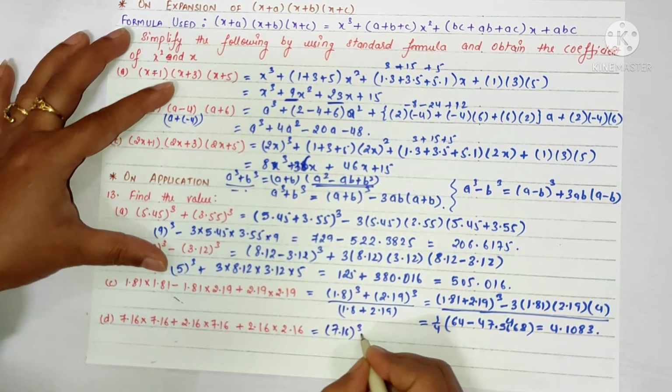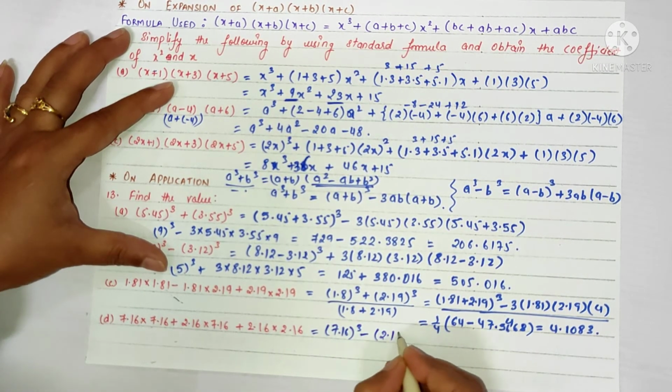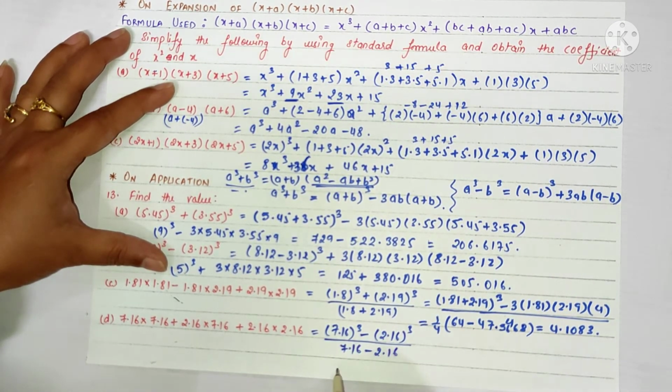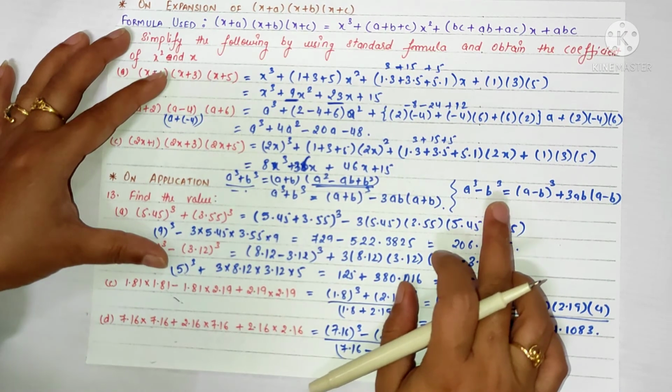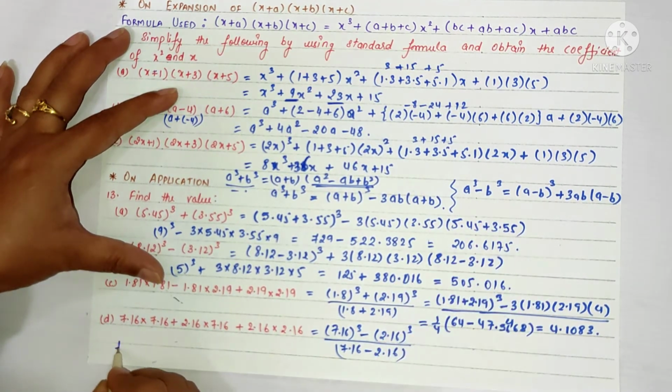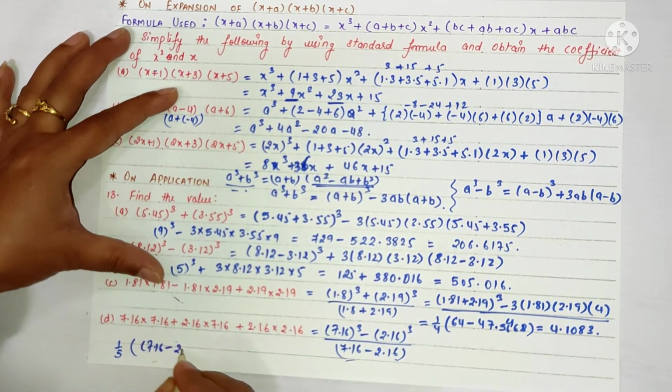7.16 whole cube minus 2.16 whole cube. So 7.16 minus 2.16. So further solving this and substituting in this formula, we can write this as 1 by 5. This is on subtraction of this, and this one can be split as 7.16 minus 2.16 whole cube plus 3 into